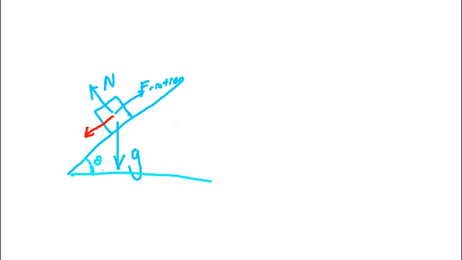So this is fine, I just need to know the angle of the slope, and then I can figure this out. But the thing is, we want there to be nice smooth slopes like that. So if I have it right there, I can't really find the angle of that slope. I would have to use calculus to find the tangent line and then figure it out from there, but I